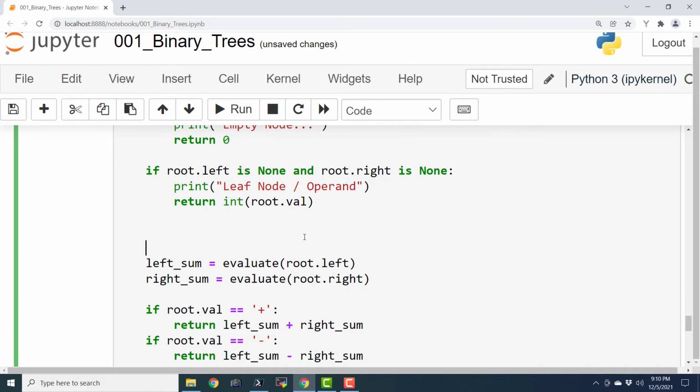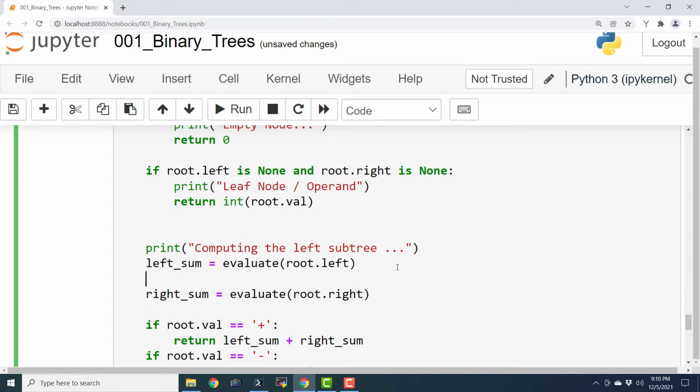Okay, so here I will print "computing the left sum or left subtree", and here I will print "computing the right subtree".